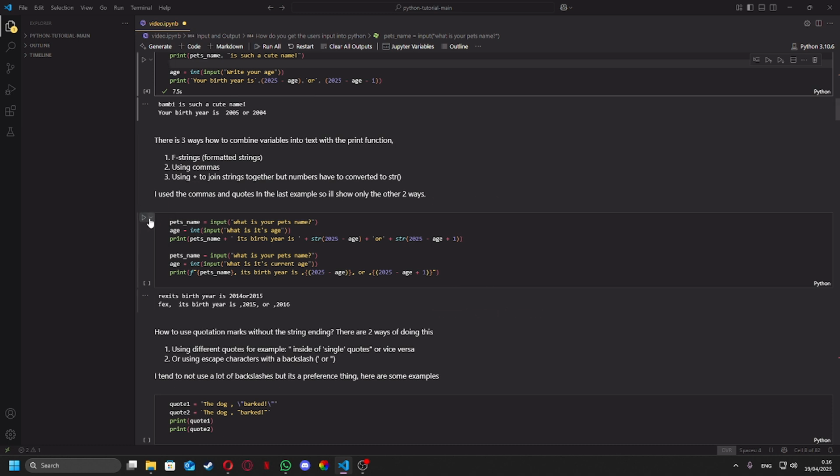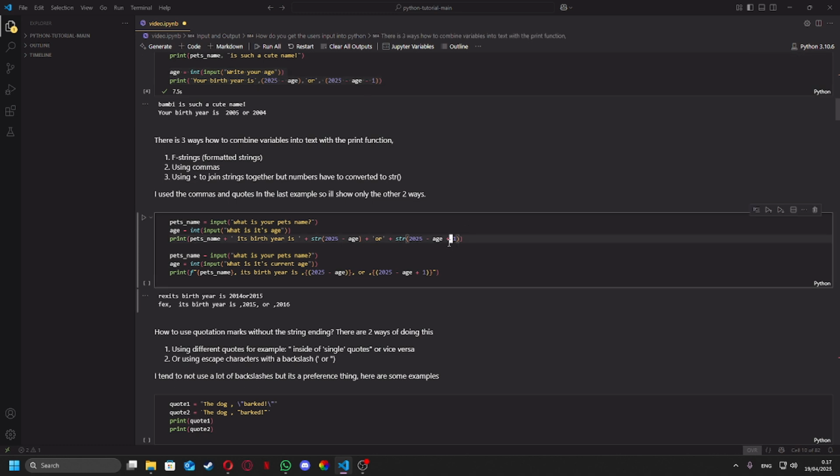Okay. So same, there's a new input which I made. So pet's name and this. So I used plus in this example. So I used plus, its birth year, so pet's name, which is the variable of this, plus the string, which is its birth year is, and then some basic math, but because I'm using plus, I need to use str, which is string, in parameters, and then the same math I used here,